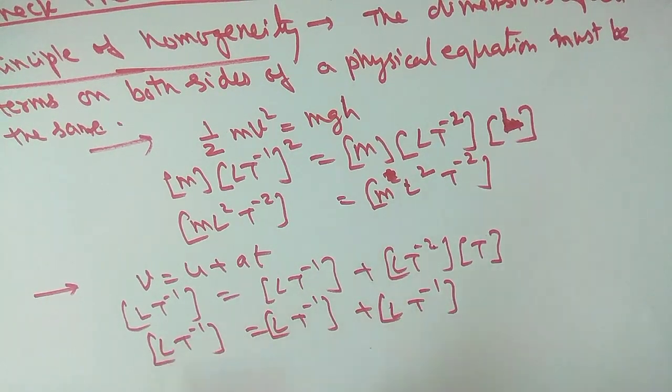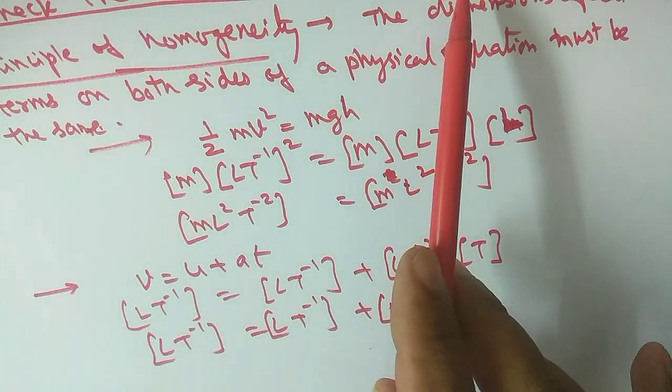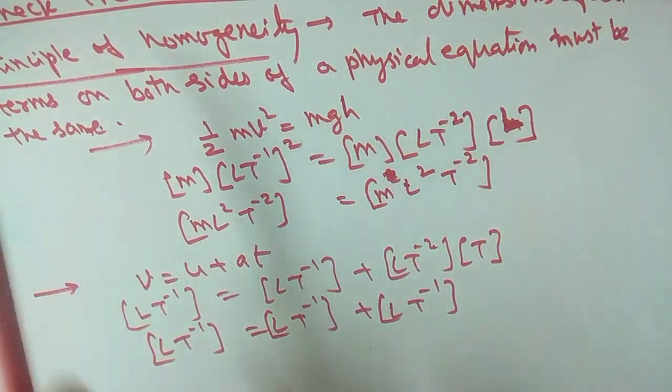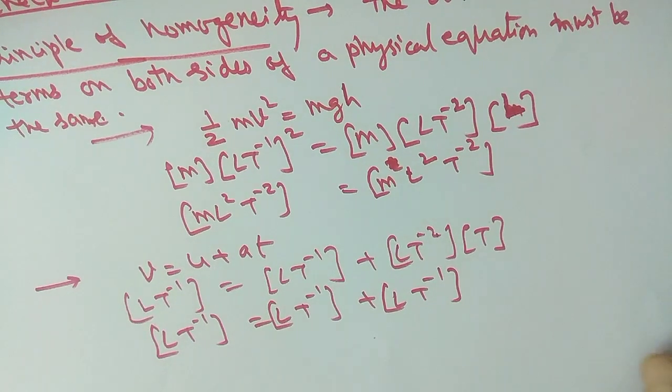According to the principle of homogeneity, the dimensions of both sides should be equal, and only if it is so, then the given equation or formula is correct, otherwise it is not correct. So to check the correctness of any equation or formula, we use the second application. Just write the dimensions of both sides and we can easily find whether the given equation or formula is correct or not. Very good for your examination purpose especially.